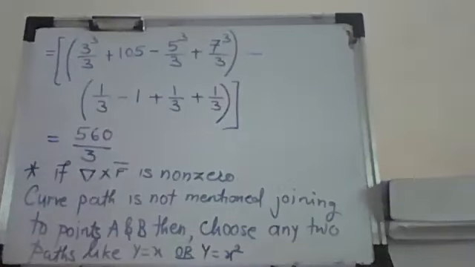Now, what will be the consideration in case of your z coordinate? Whenever I have z also there, then I need to choose a line which will cover x and y together with z. So I can write z is equal to x plus y, or y is equal to x, z is equal to x squared, kind of thing.